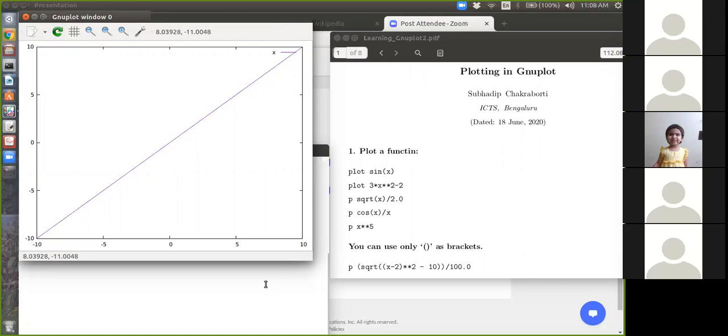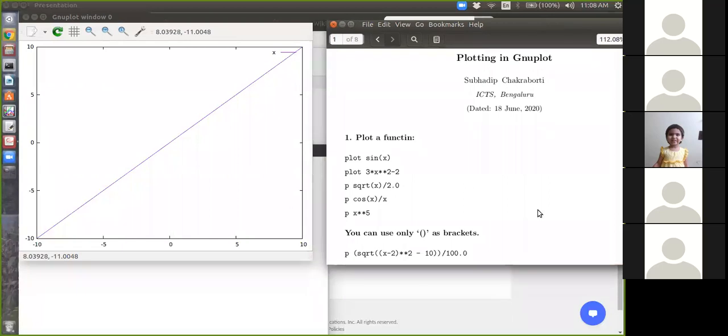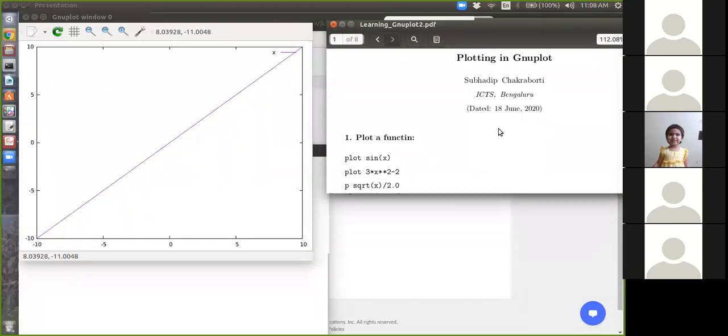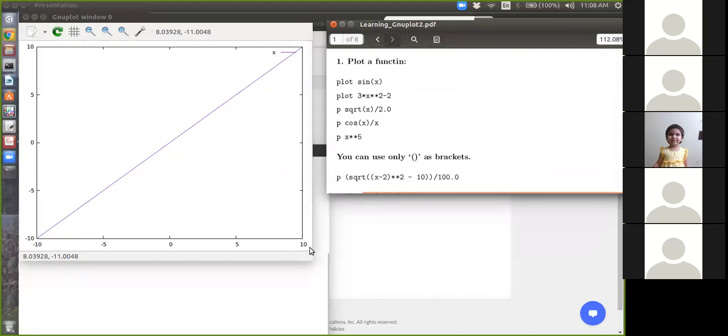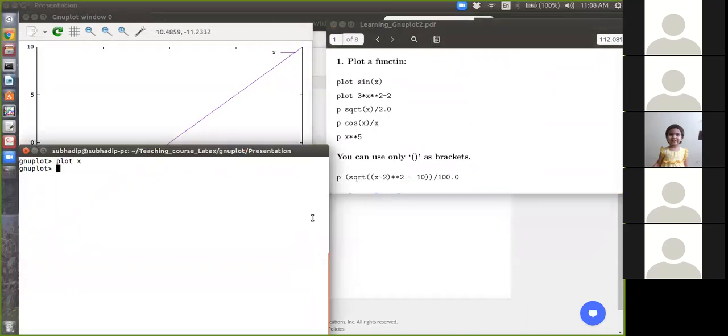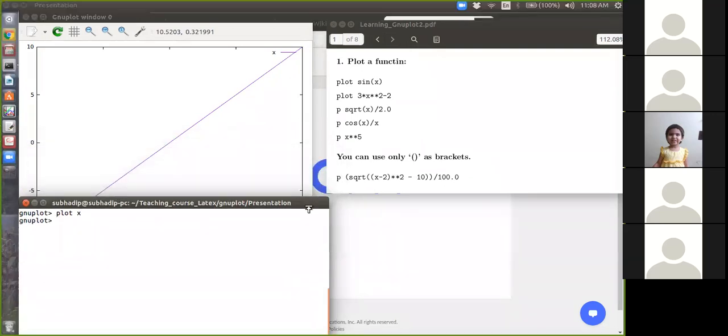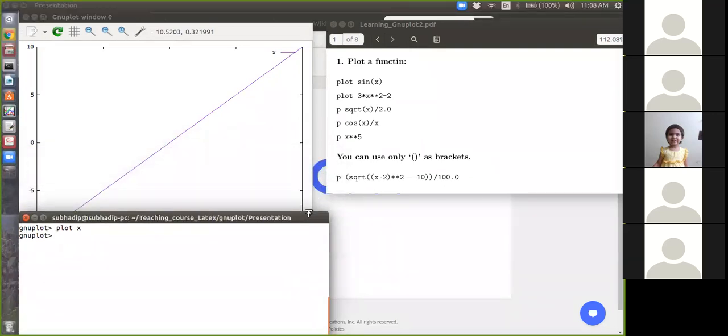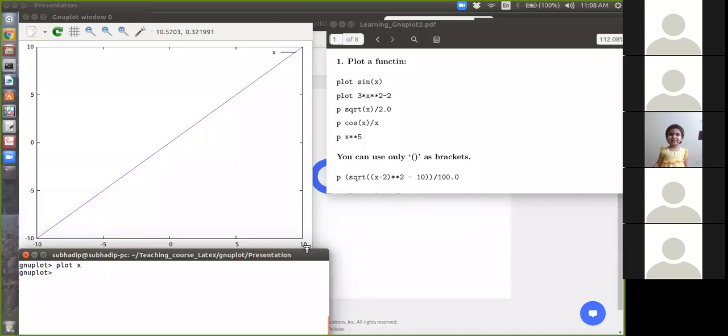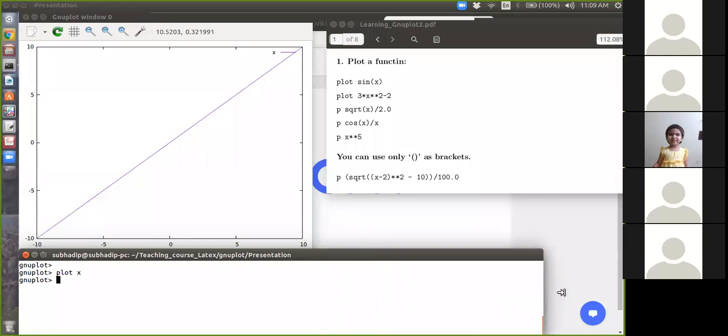For clear visibility, let me adjust something.